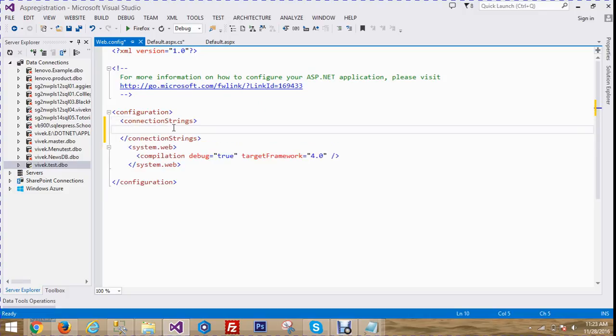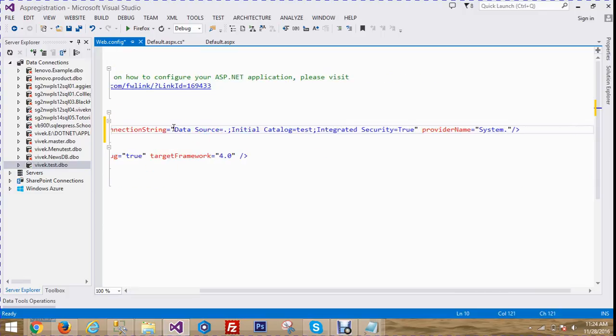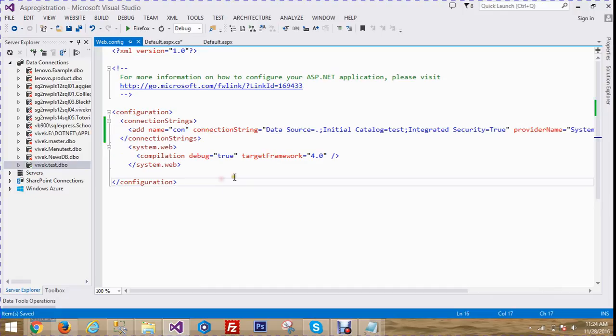Connection string add and name of the connection string, it's a con by default, and connection string, and copy connection string here and add a provider name system.data.sqlclient. We add a connection string here. Okay,